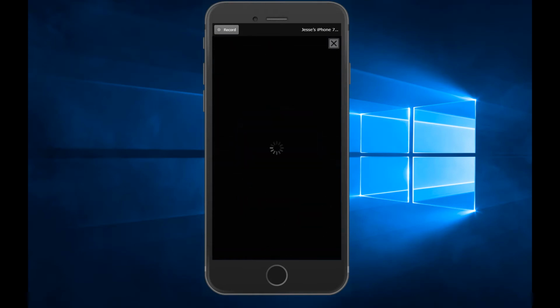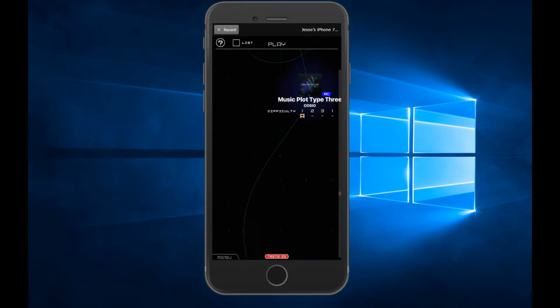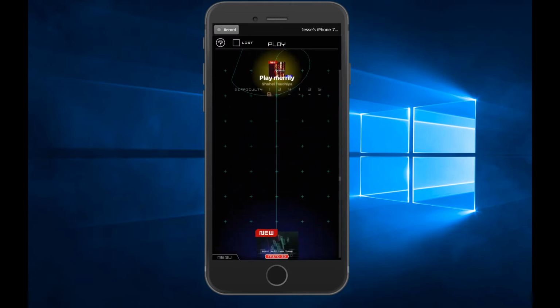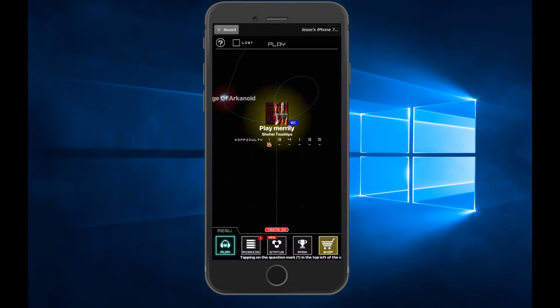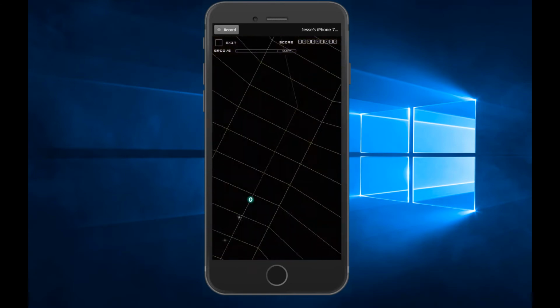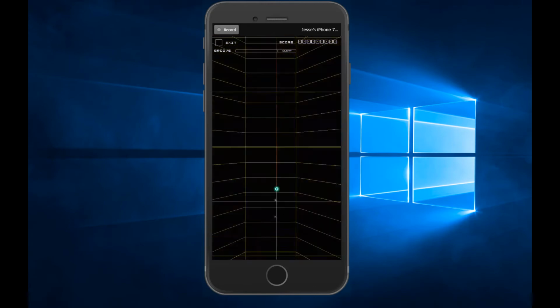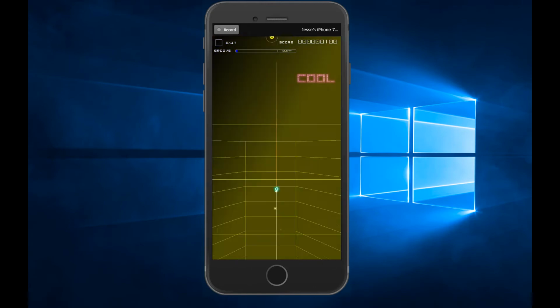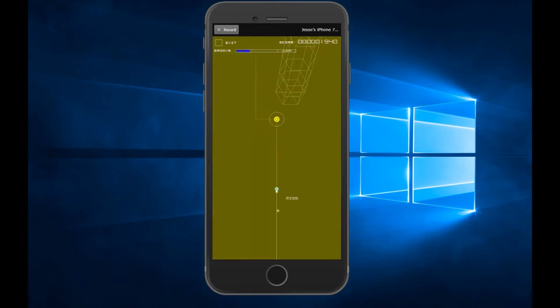Let's do a new song. Let's do a different song. So we got a little Ode to Joy action there. Let's skip ahead. Yeah, this song is weird. I'm just going to do it on easy. Don't ask. This song is just weird. Gibberish. Catchy, but nonsense. Okay, I gotta shut up.